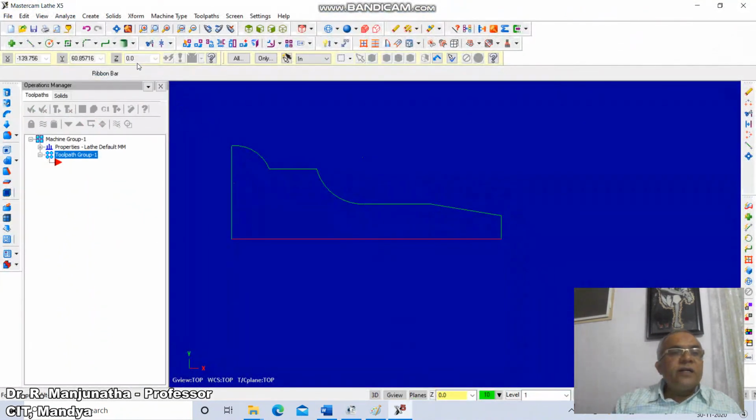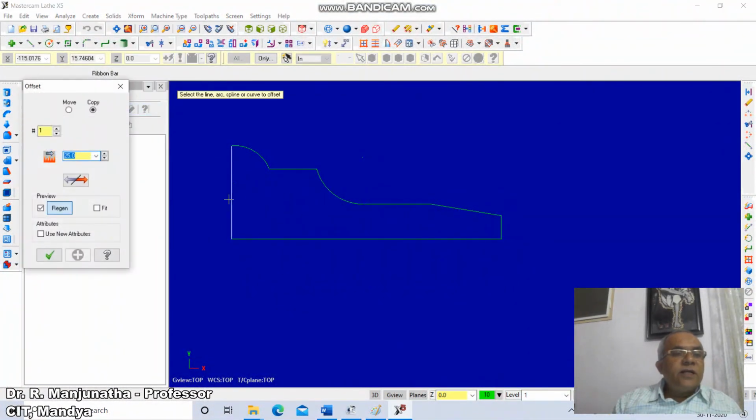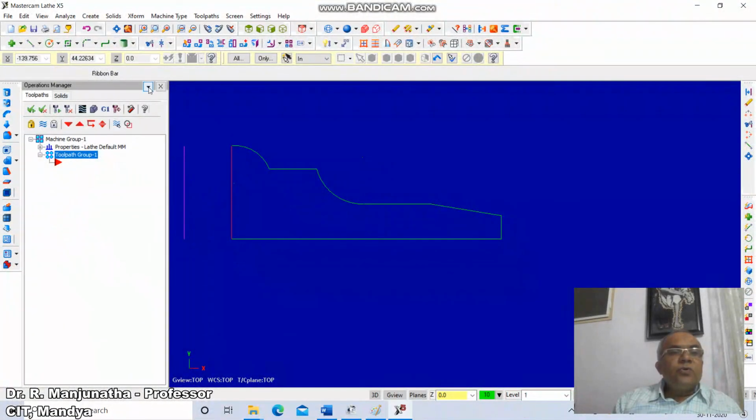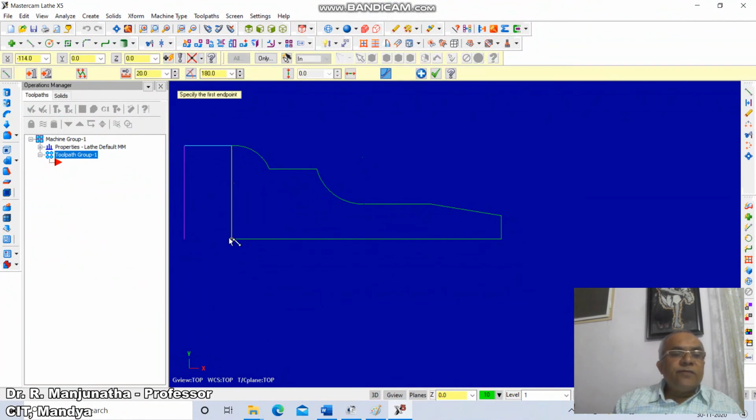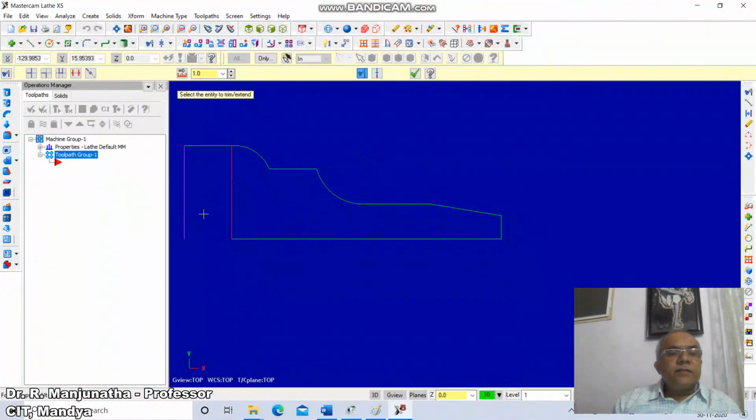So go to offset, xform offset, take the distance as 20, select this line and offset, accept. Then go to line, take endpoint of this to endpoint of this, then go to extend, select this line, extend it till here, then you delete